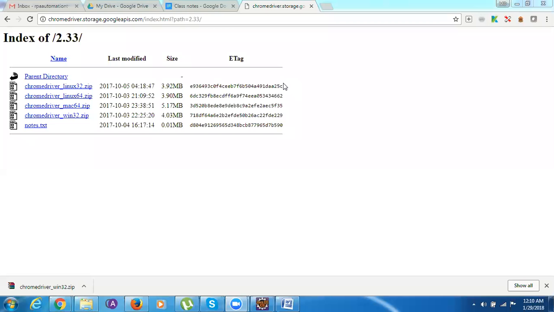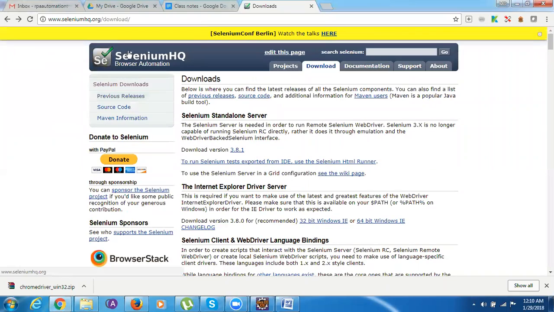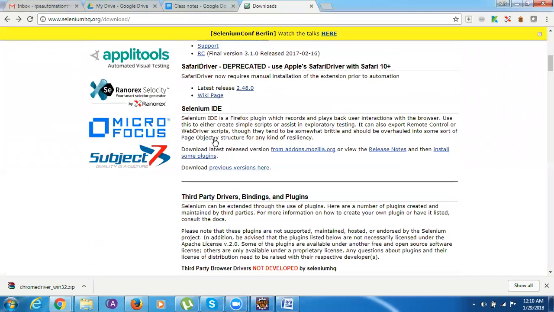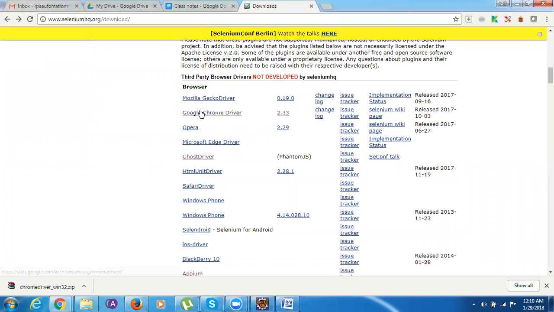Now, that driver we need to download from the Selenium HQ site. Go to seleniumhq.org, then go to the download section, then to the third party drivers section. Okay, you can see over here there is a driver section, and from here, if you are using Mozilla Firefox, go to this driver, click on this, and